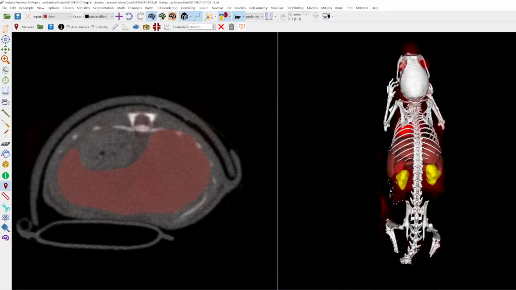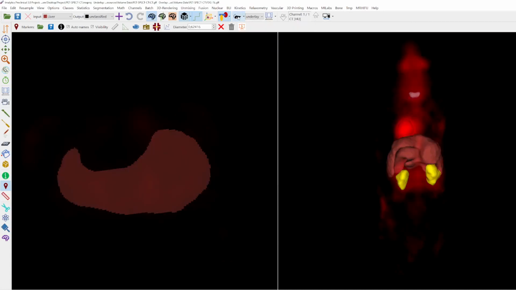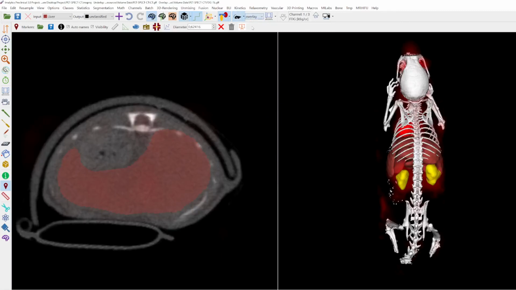Okay. The next one is for the segmentation. You can turn the segmentation on or off. You can also hide single classes, for example, the heart and the liver now. But let me show them again. The next one is to toggle the selected layer in 2D and 3D. So now I turn off the underlay or CT scan, but you can still see the segmentation and the overlay. And when I go to the overlay, here, I can turn it off and on.